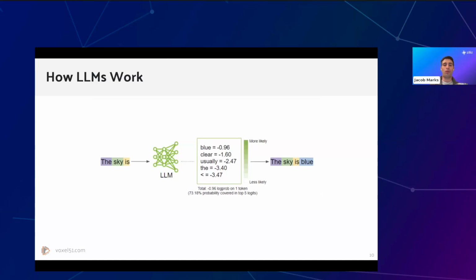In this case, blue, clear, usually the, and then a character that is different than that, or all other things that are less likely. And when you look at all of those possibilities, you can pick the most likely one, the highest probability answer, and put that there. So "the sky is blue" is the result, because blue was the thing that had the highest probability, or that seemed most aligned with those particular input tokens.